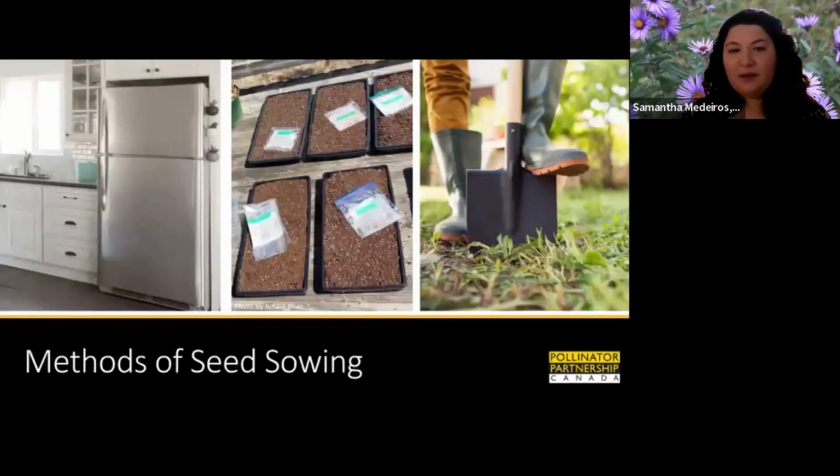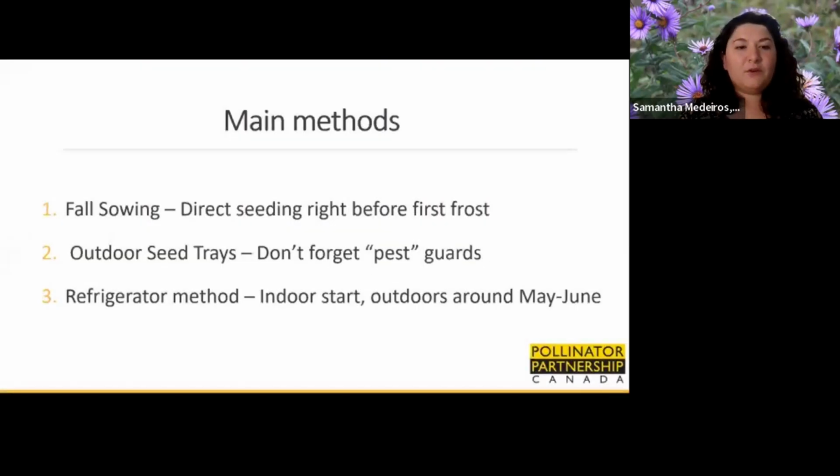3 different methods that I'm going to talk about. Fall sowing, which is direct seeding right before first frost. Outdoor seed trays, and I talked about the pest guards. And the refrigerator method. You start indoors, and then you bring them, and then you pot them up into trays,